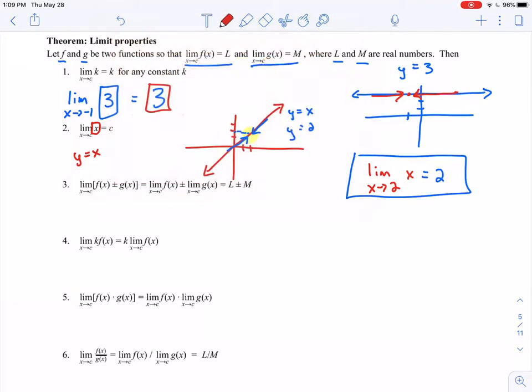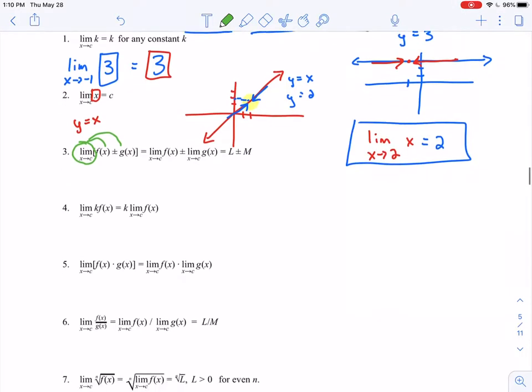Let's talk about the third property here. This one says the limit as x approaches c of f of x plus or minus g of x is equal to the limit of f of x plus or minus the limit of g of x, equals L plus or minus M. Essentially what we're doing right here, if you want to think about it this way, for lack of a better word, is we're taking this limit and distributing it over addition or subtraction. So we're just taking the limit of the first term plus or minus the limit of the second term. I'm just taking that limit and distributing it over my addition or subtraction sign, which is really